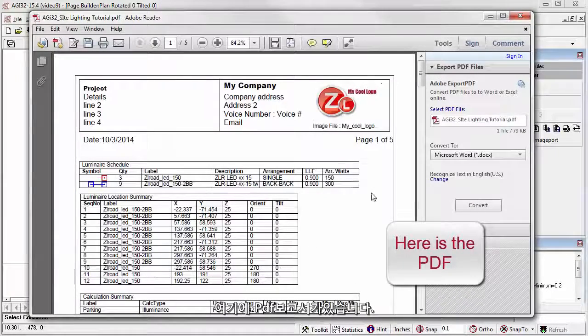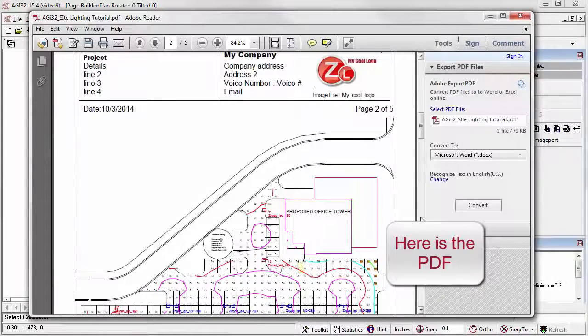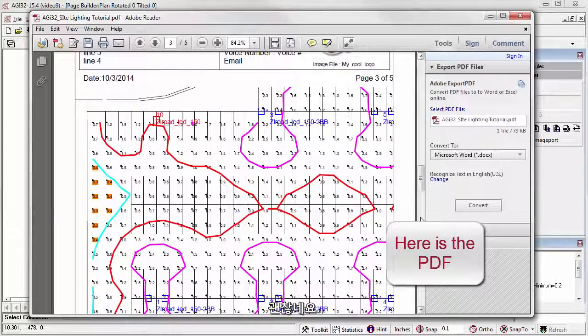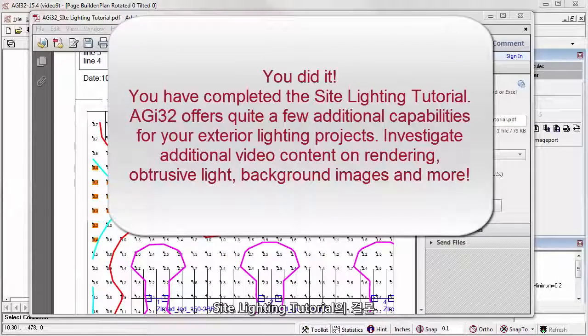And here's our PDF report. Look at that. That's pretty neat. To conclude the site lighting tutorial, we've completed many of the steps used in a typical exterior